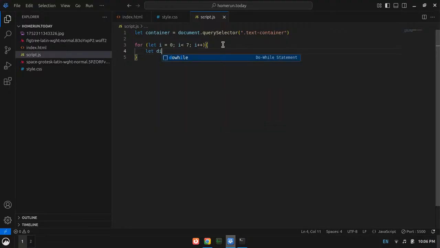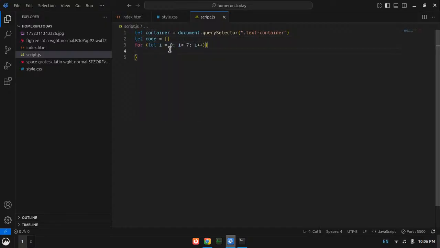Let div equal to create element. Wait, how do I create element? Let that, I will do it otherwise. Let's just see. Let's make it this